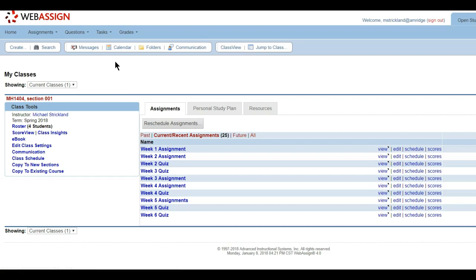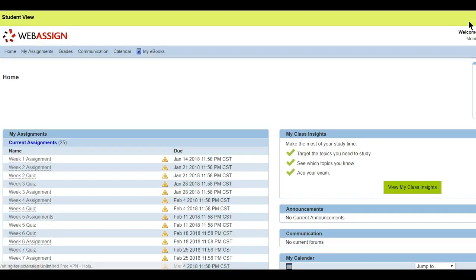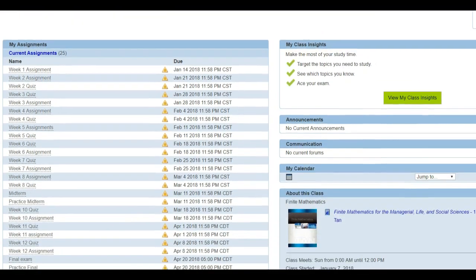Now my page looks slightly different than yours because I'm the instructor. Yours would be, of course, the student view. So I'll click on that now. You wouldn't expect to see what I just saw. So your student view should look something like this. And I wanted to point this out to you so that you could see a couple of things. First of all, this is the site you'll be going to every week. And second of all, you have the